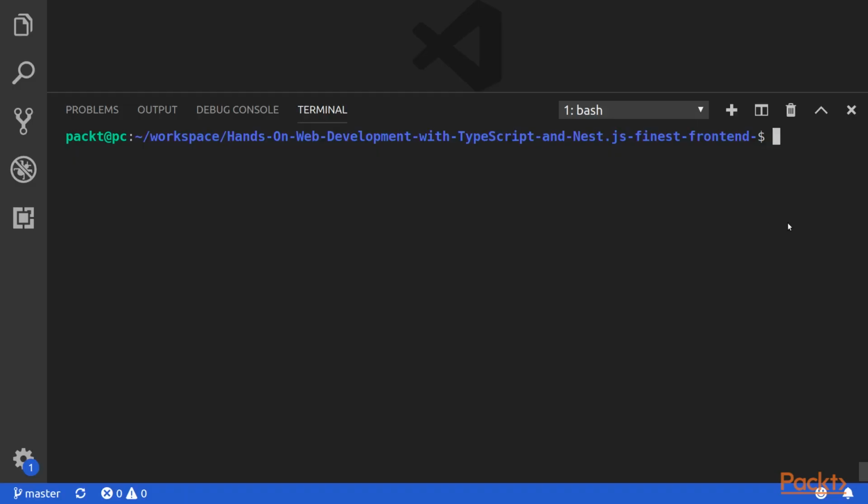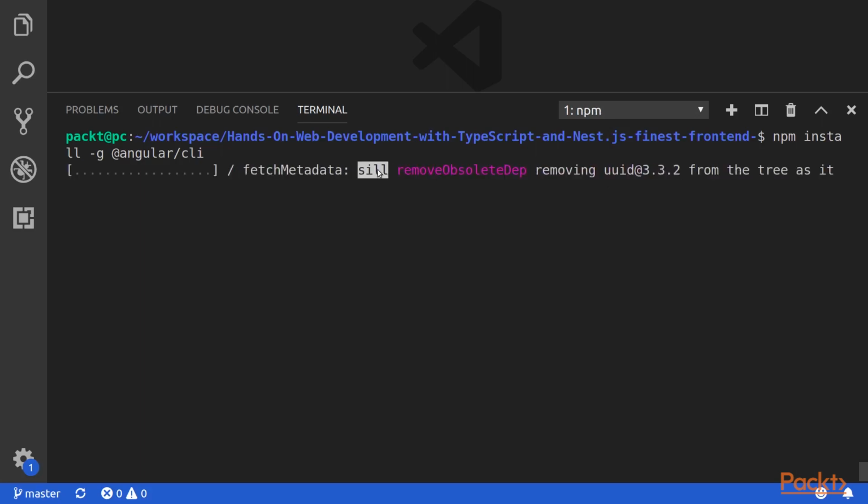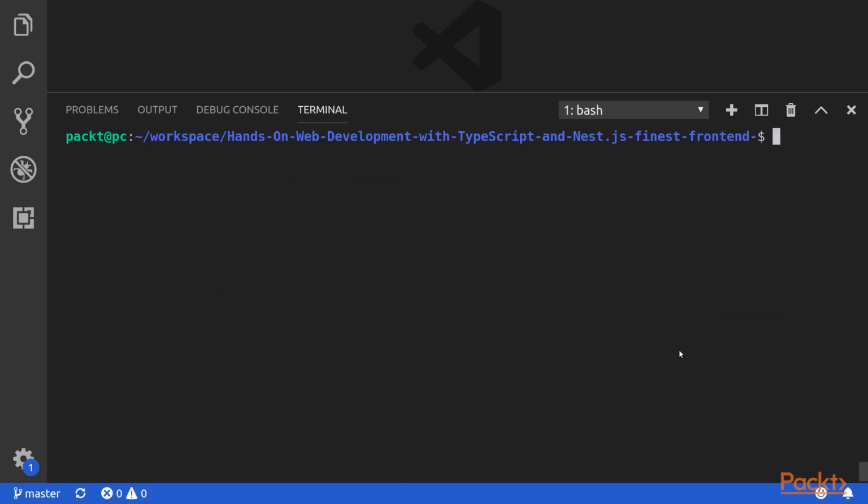In order to generate a new project with the Angular CLI, you need to have it installed on your system. In order to do this, run the following command. This command will install the Angular CLI at the global level. Then, in order to generate a new Angular project, run the following command. This command will generate a new Angular project named